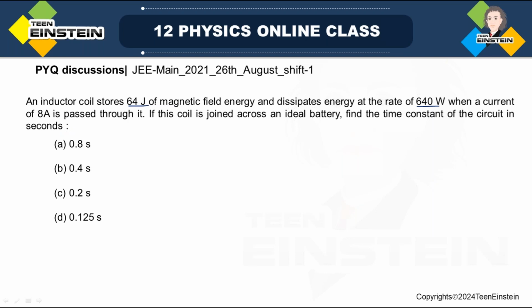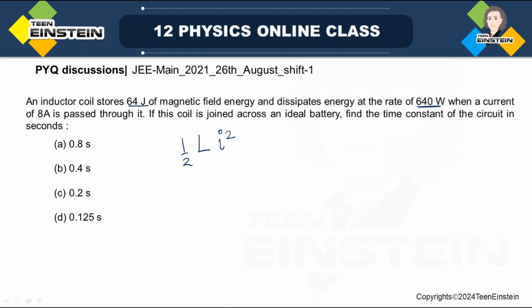An inductor coil stores energy, that is very fine. So an inductor coil having inductance L stores magnetic energy, and that can be written as half L I square, where I is the current passing through the circuit. So an inductor coil stores 64 joule of magnetic energy and dissipates energy at the rate of 640